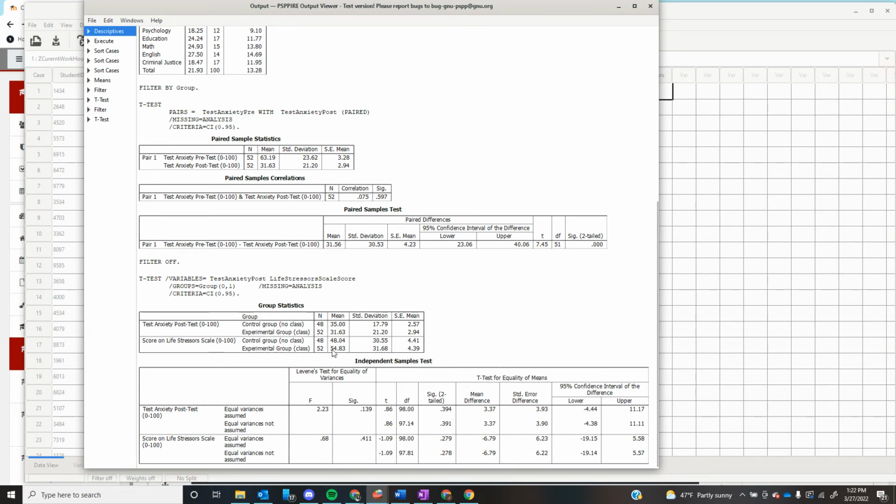And now let's look at our life stressor scores. We're going to compare it the same way. Control group experimental, 48.04 to 54.83. We're going to come down here. We're not statistically significant, so we can use this first column. And again, we do not have any statistical significance. So there was no major difference in life stressors based on if they were in the experimental group or the